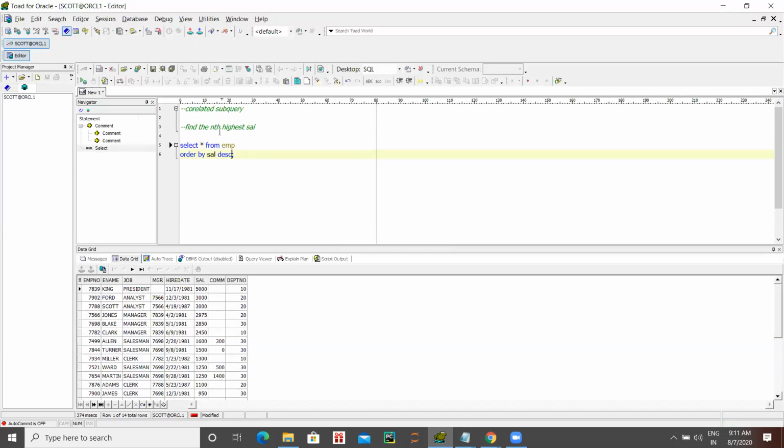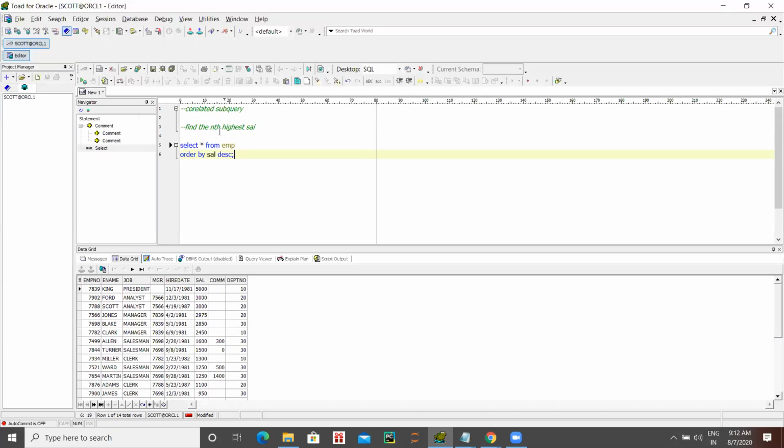Descending means it will be higher to lower. So you'll get first 5,000, then slowly it will decrease. So the highest salary is 5,000. What is the second highest? 3,000. What is the third highest? 2,975. What is the fourth highest? 2,450.